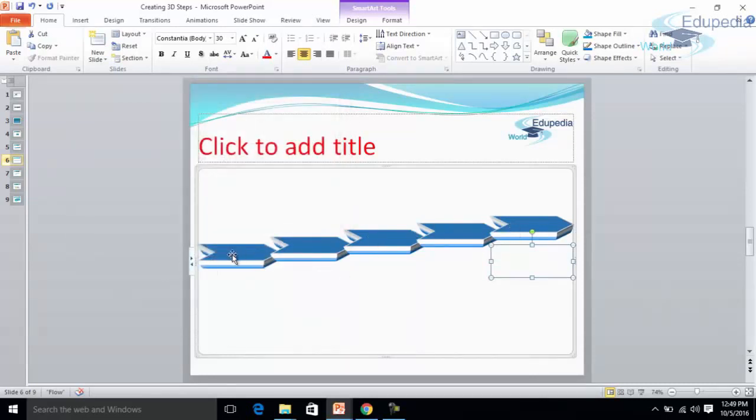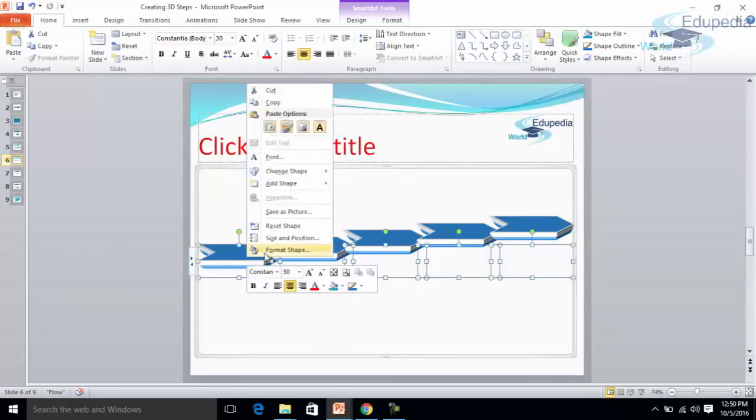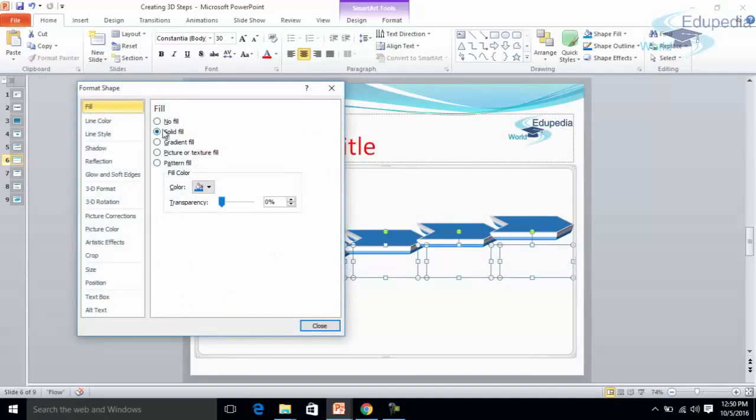So this is how we have created these stairs. Once again we'll select all of them. You can change the color, you can change the texture or the metallic look you can give, but this is the basic idea to create the ladders or the steps.